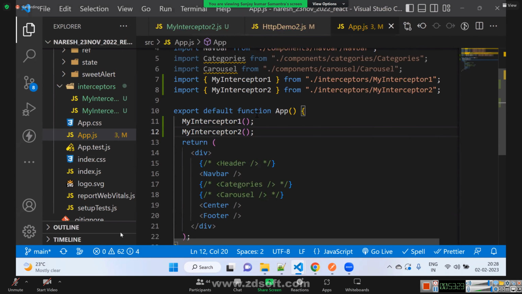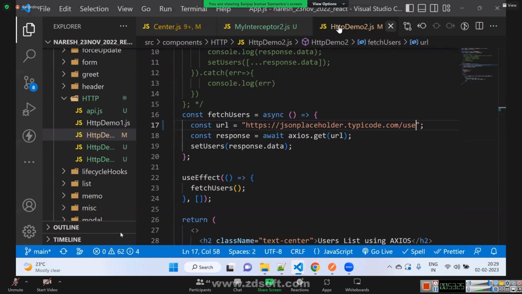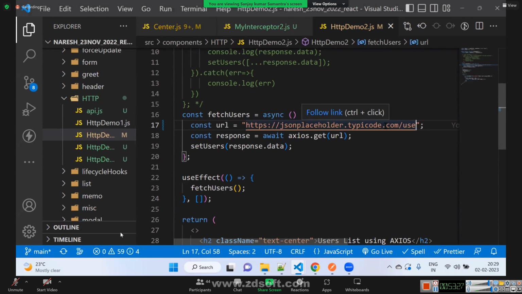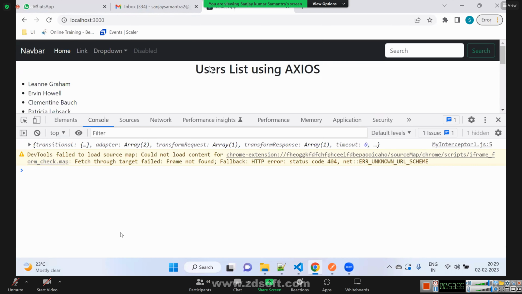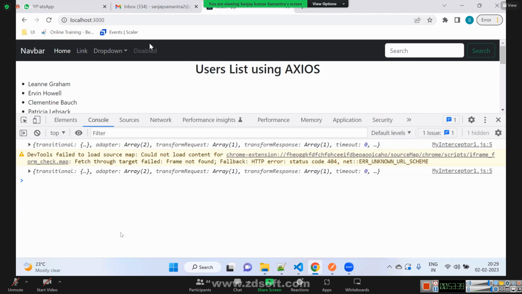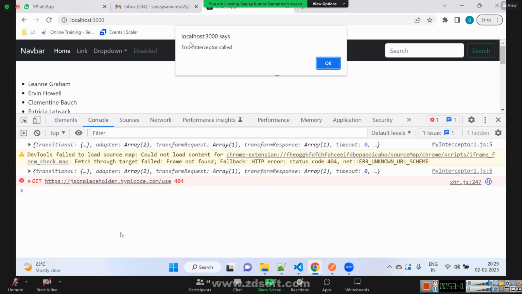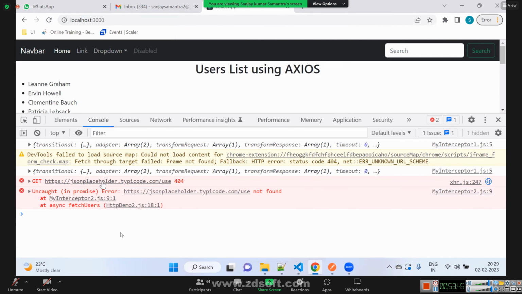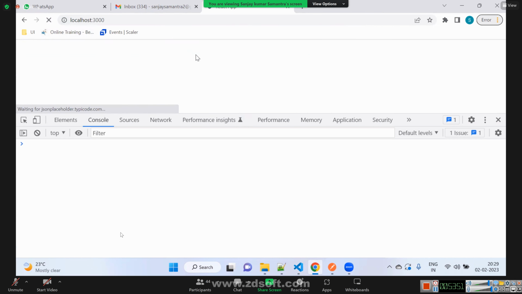Now when the API is correct, the interceptor will not be called. If the API is wrong, the interceptor will be called. Error interceptor is called, and that error interceptor is printing the details: what happened, why it failed.